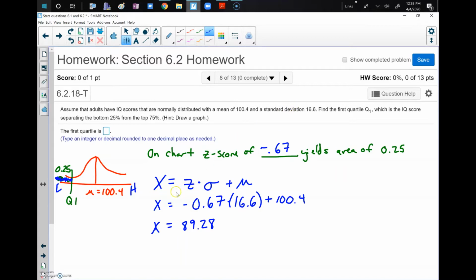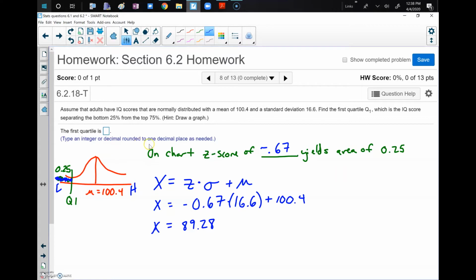So we have to convert that data value back from a z-score into the data value. And the formula you would use there is this one: your data value x is your z-value times the standard deviation, added to your mean. So I took my negative 0.67, multiplied it by the standard deviation given in the problem, which was 16.6, and I added the mean given in the problem, which was 100.4. And when I typed that into my calculator, I got